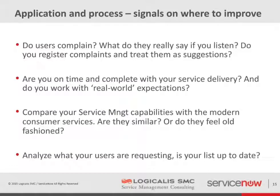Now, what should you look at in your organization if you look at possibilities to improve? And these are also 4 suggestions or 4 indications that you can use as inspiration to find possibilities to improve. Do users complain? And maybe some people are smiling behind their desk at this moment because users almost always complain, people say. But did you really ever take the time to listen to them and ask what the real issue is? Because my understanding and my firm belief,